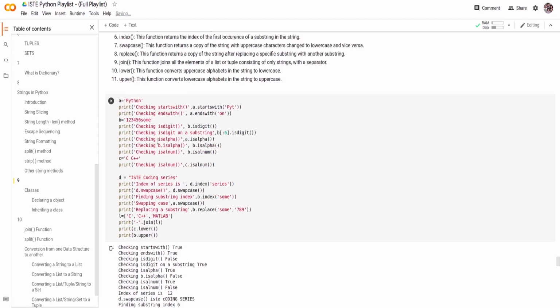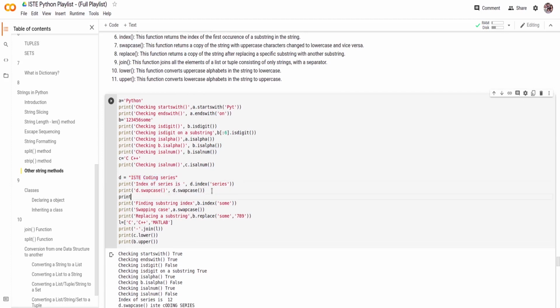Now if you want to replace some string, let's say I want to replace "coding" in "ISTE coding series" with "Python". So I'll print d.replace.